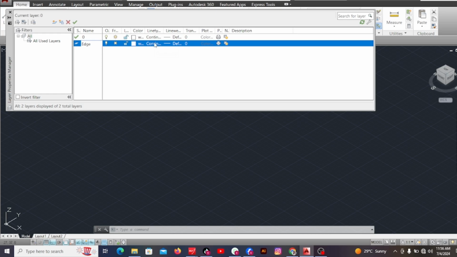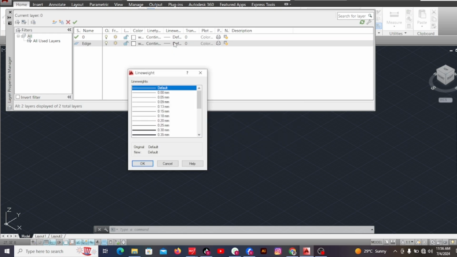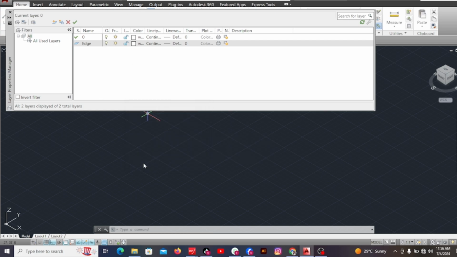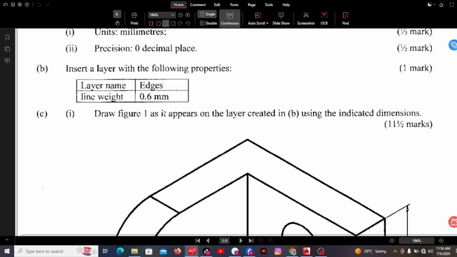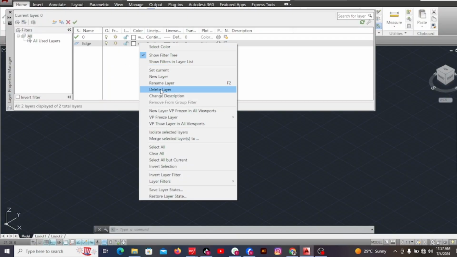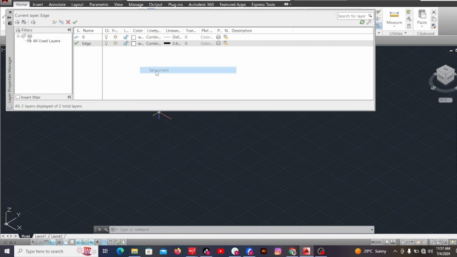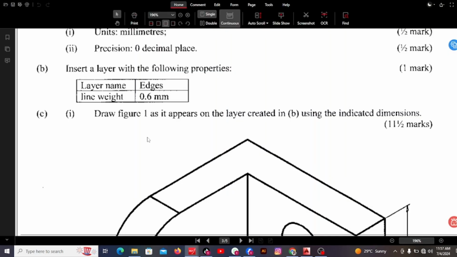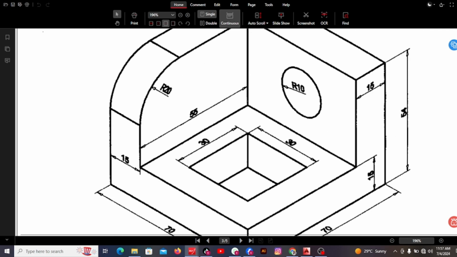Now we were told to enter the line weight of 0.6. So I'll right click on the line weight, then scroll down, look for 0.60 millimeters. Then okay, yeah, that is it. So I will close this dialog box. I will set this as current because I'm going to use it. I will close it, go back to the question again, and the question was when you look at this diagram,